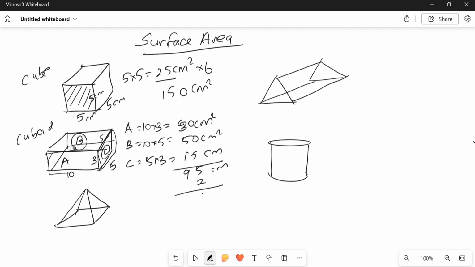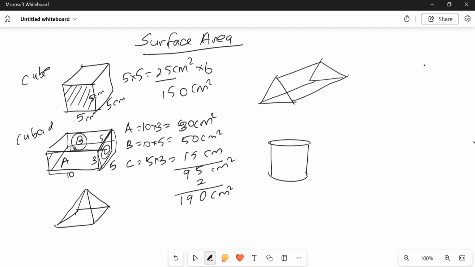Every face is doubled. 2 5s are 10, 2 9s are 18 and 1 is 19, 190 centimeters squared. So remember, when you find the surface area of a cuboid, you must find the area of the 3 different faces, add them and multiply by 2, and the total surface area comes. So this is how we have to find the surface area of a